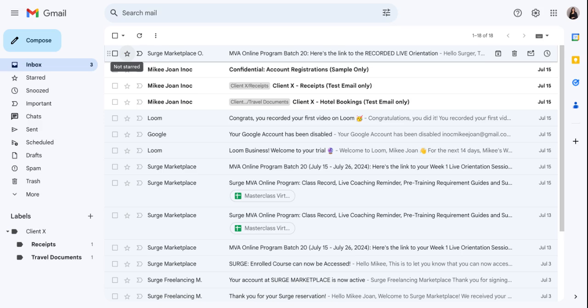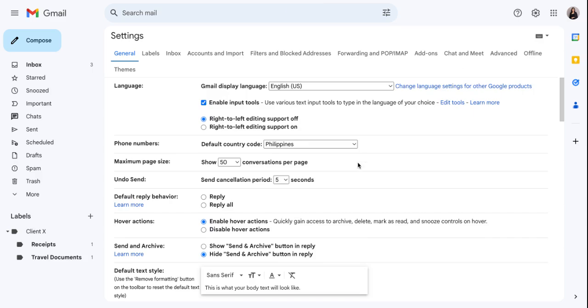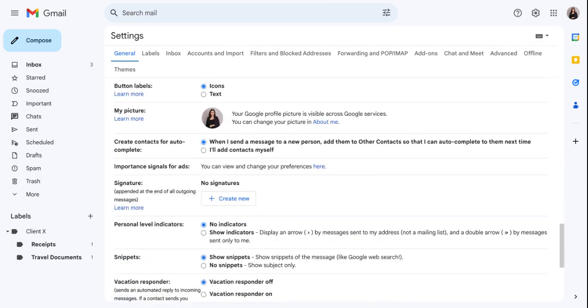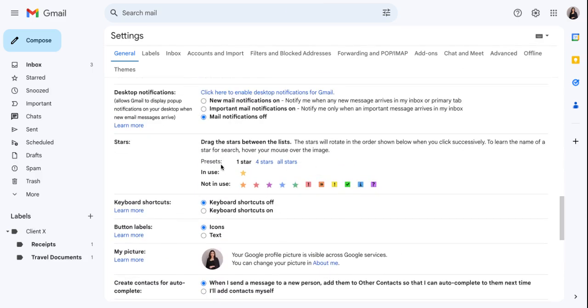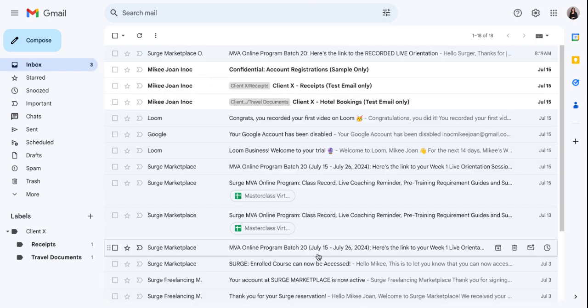In order for you to use that, you just need to click settings and go to see all settings and scroll down until you see the stars. As of now, I am using only one star and I'm not using these stars. So in order for me to use all these, I can just click all stars and save the changes.